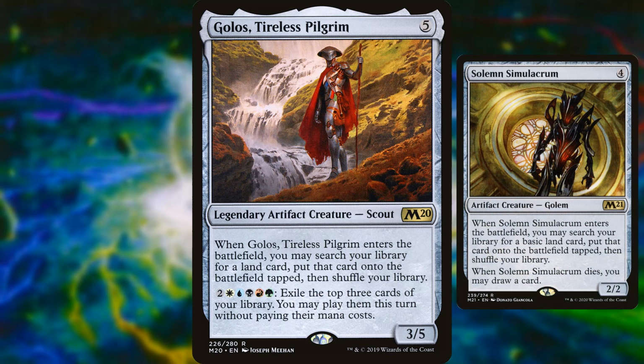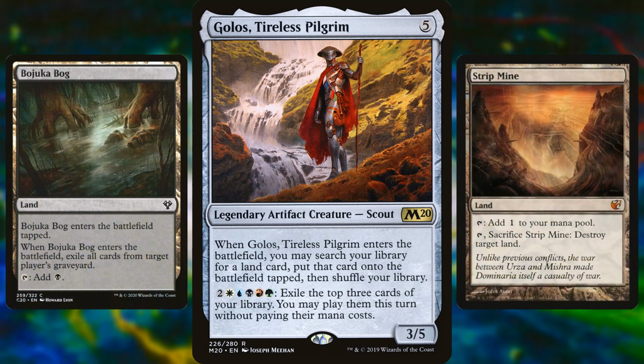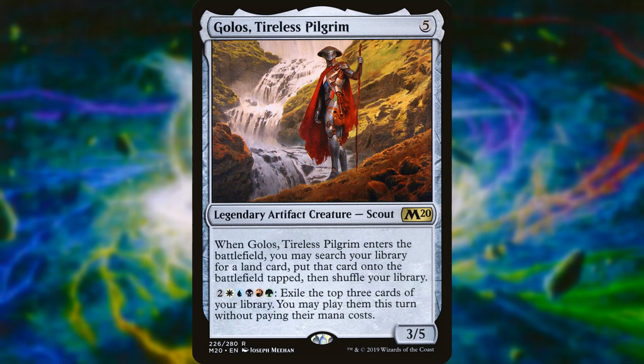It's not anything to really get too excited about until you realize that it can search for pretty much any land. So you can search for the best lands, you can search for situational lands, you can search for things like Bojuka Bog and Strip Mine. And oh yeah, similar to Kenrith, if you're ever in the position where you have a ton of excess mana, or even infinite mana, Golos is pretty much a win. Maybe not by himself,